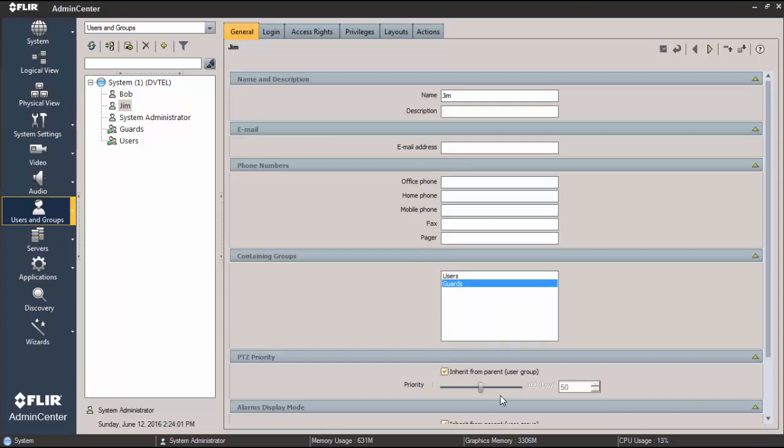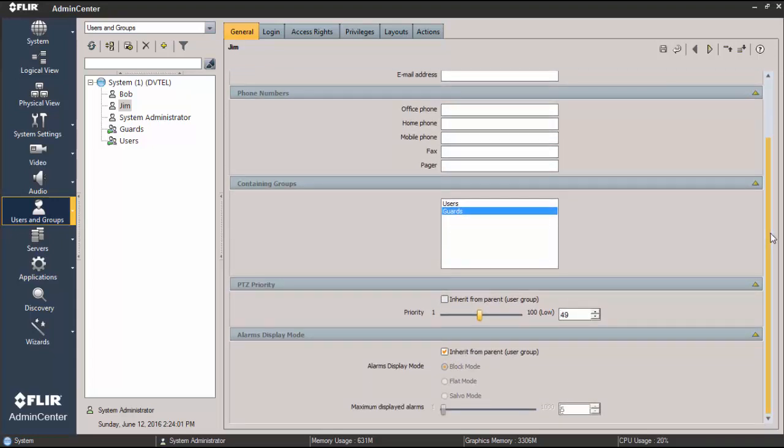We can actually set PTZ priorities based on the group, which is set at 50. If I wanted Jim to have more access or stronger access or higher level access than all the other guards, the guards have a default user group level at 50. So if I simply came here and set this to 49, Jim is now the senior person. Any other guard in the guard group has a level 50. He has one number lower than that, which is a higher priority, which gives Jim access to be able to take control of any PTZ over any of the guards that are using those 50. So definitely a lot of things here to look through on individual